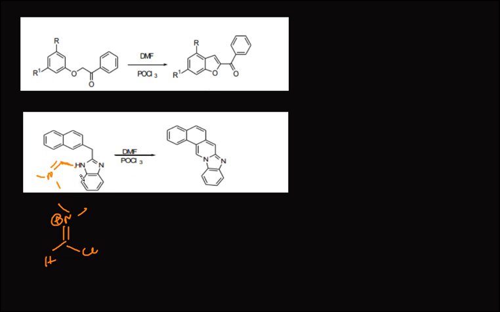Then the Cl minus that is eliminated can abstract this proton over here. The conjugate base can come, abstract this proton, this can migrate over here, and then this can attack over here like this. So again it will lead to cyclization, and if you are adding an oxidant, then it might lead to aromatization. So you can see over here, this is going to be the cyclized product, and you can calculate the number of members. 1, 2, 3, 4, 5, 6. So you'll get a 6-membered ring.